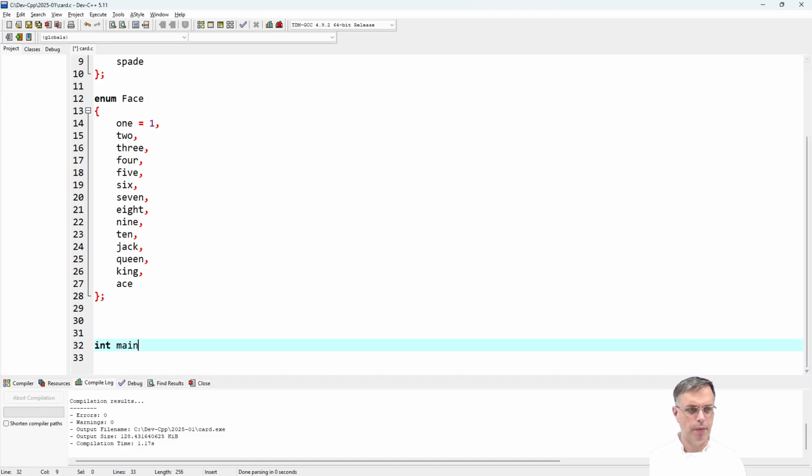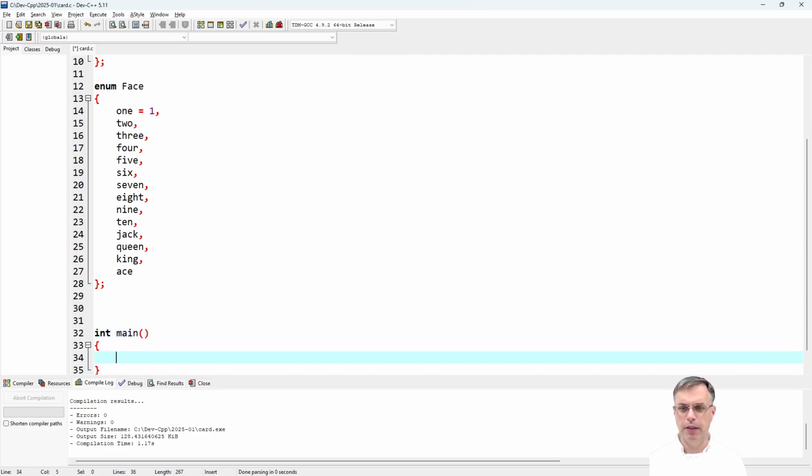Int main void. Void is not necessary to type in, up to you. Anyway, so what are here? So struct card,